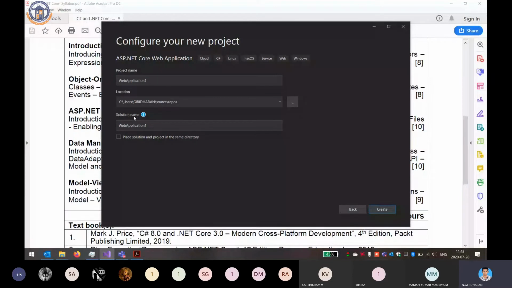If a customer wants to create an automation system for his industry, what you may suggest is to go for a web application, and then a mobile application, and then a desktop application. All three things have to be implemented in the industry, so our solution is we have to provide three projects.